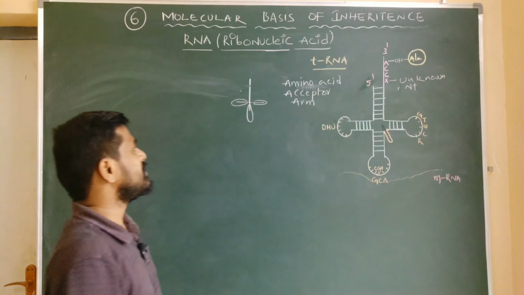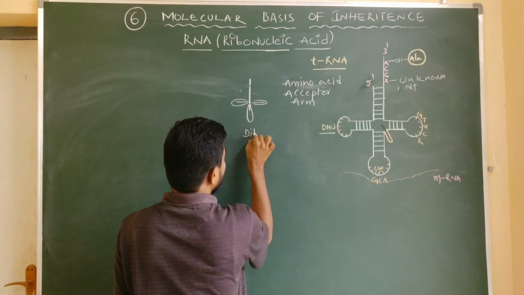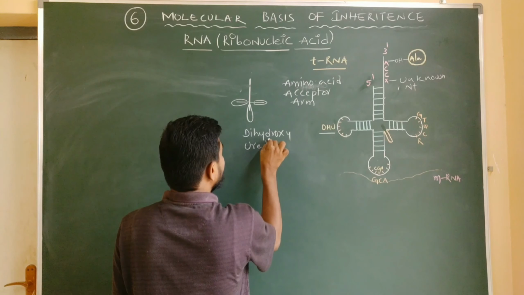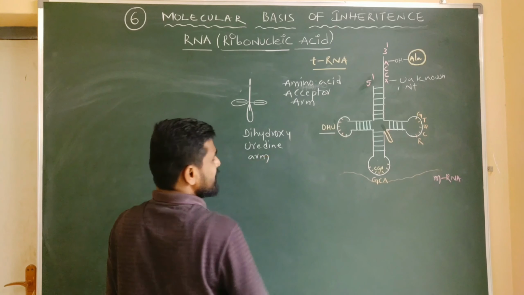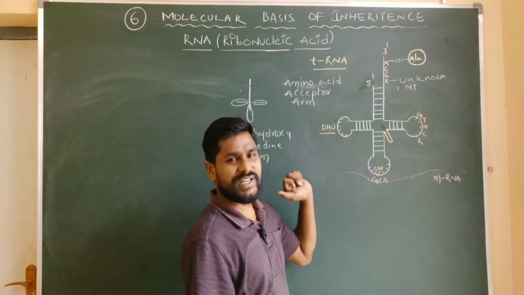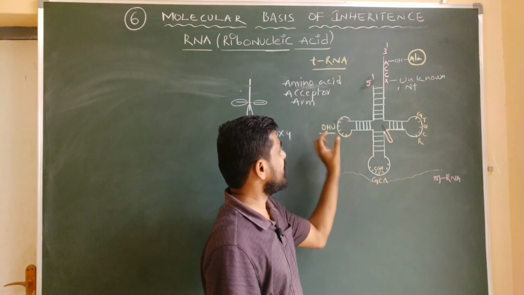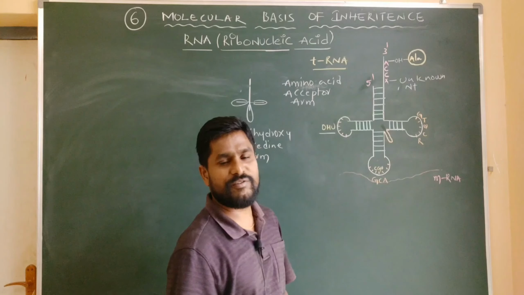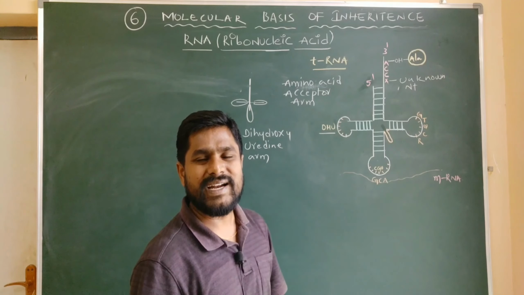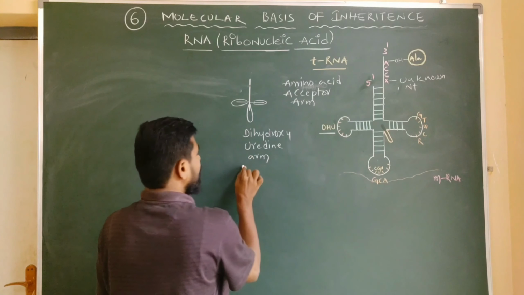And the second one is the DHU arm, dihydroxyuridine arm, because the loop region consists of an unusual nucleotide, dihydroxyuridine, hence the name. This also consists of a stem region and a loop region. The stem region consists of 5 base pairs and the loop region consists of the unusual nucleotide dihydroxyuridine, and the function of this arm is to recognize